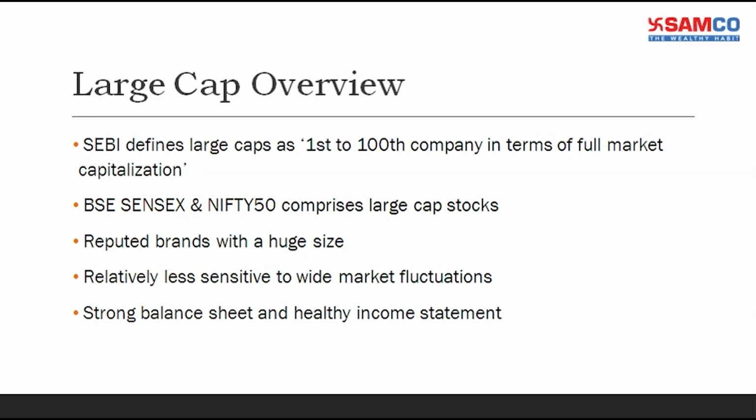Now here are a few signature characteristics which you can look for while researching these large cap companies. Large cap companies are reputed brands with huge size. They have widely used products or services which are easily recognizable. They usually continue to grow or operate profitably even in adverse market conditions due to some moat, either due to their products, pricing or distribution network. And this is one of the reasons these companies are relatively less sensitive to wide market fluctuations in comparison to